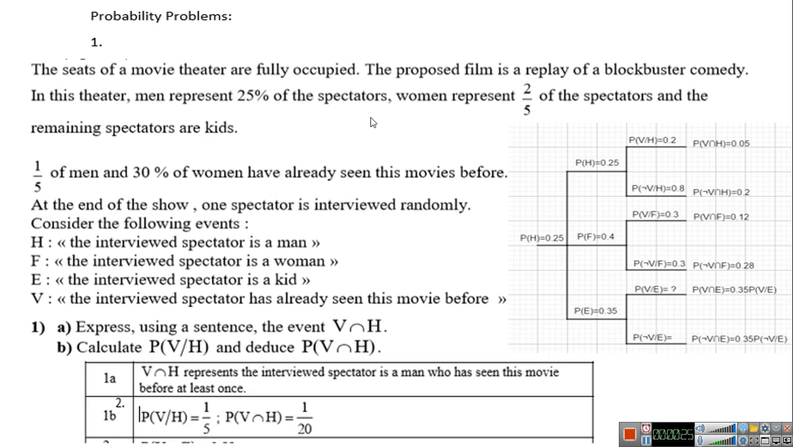So we have seats in a theater. We have men represent 25%, women 0.4, and the rest are kids. So it's a total probability because they said the rest. So we don't have common. So in this case here,